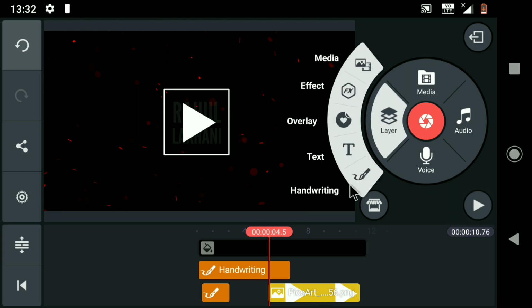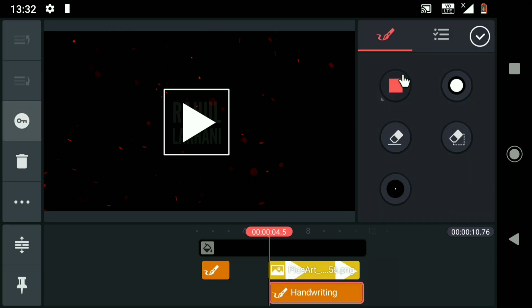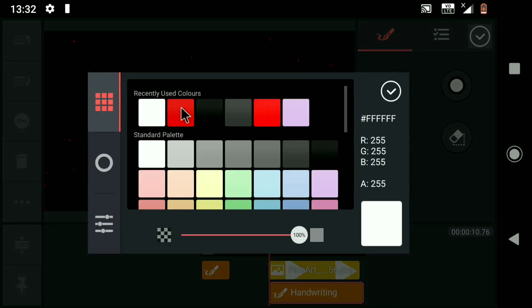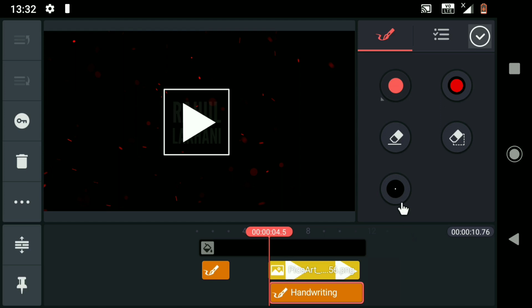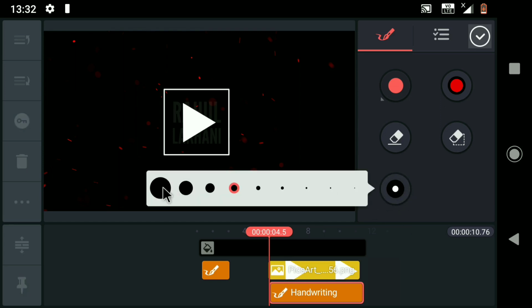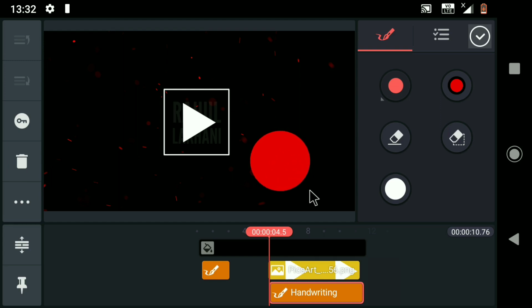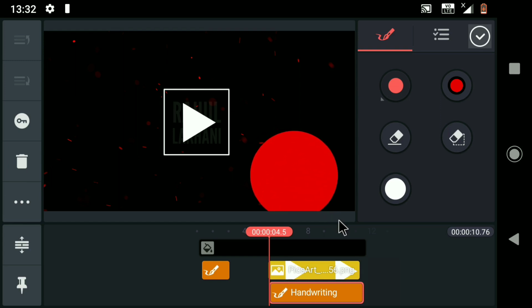Now we have to make the circle animation, so we'll go to the handwriting tool and select it, and I will select the circle fill and change the color to red, and after that I will select the size to a larger one. Okay, now I will draw a circle. Okay,